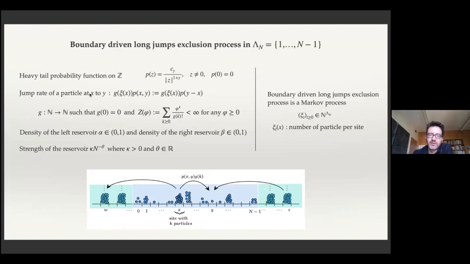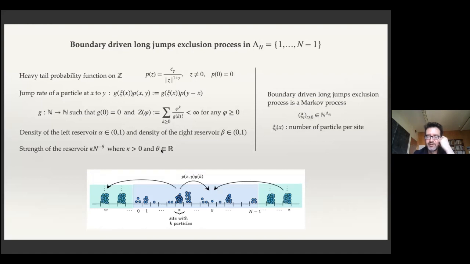And so the jump rate of a particle from x to y is just given by this function g of the number of particles on site x multiplied by this probability transition, which is heavy tail. And again, you can make some reservoirs at the boundaries, which can be local or non-local, with density alpha and density beta. And you can regulate the strength of the reservoir. So in this case, for the hydrodynamic limits, it's more difficult, and for the moment we are not able to derive them